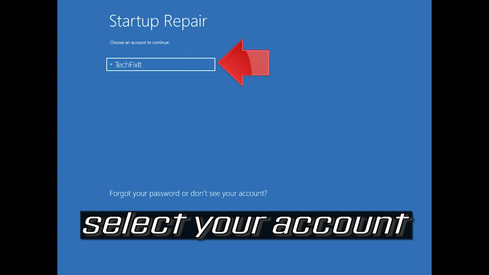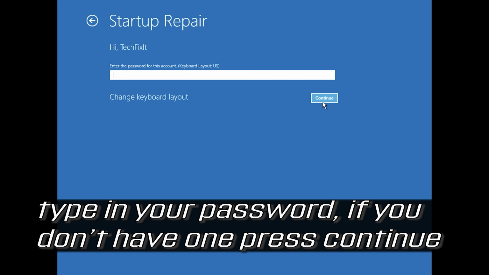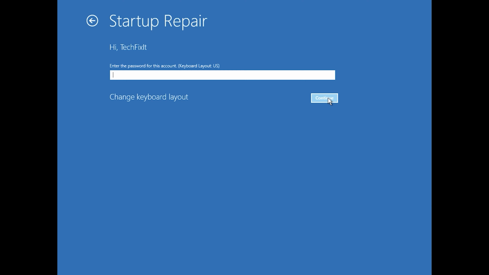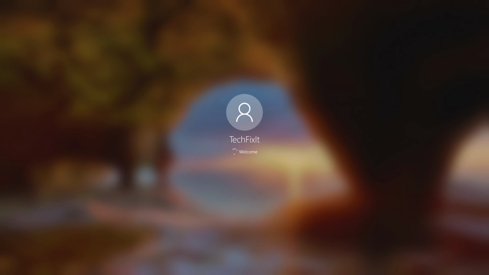Select your account. Type in your password. If you don't have one, just press Continue. Now wait for Windows 10 to be repaired. Now your problem should be fixed. If that didn't work,